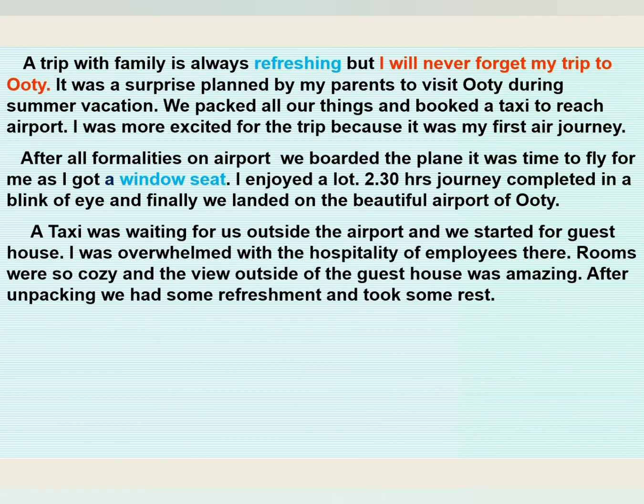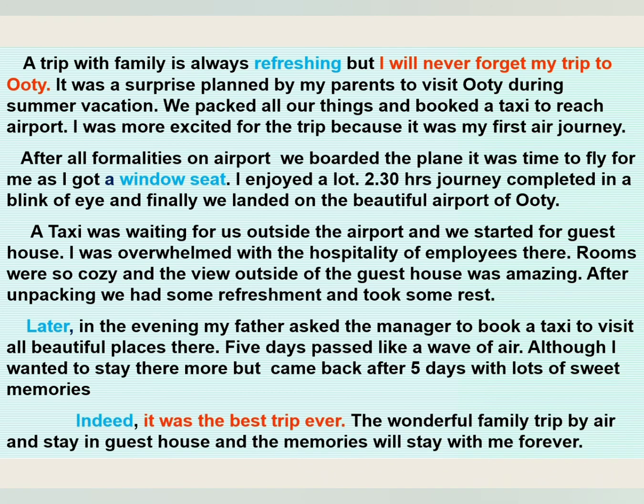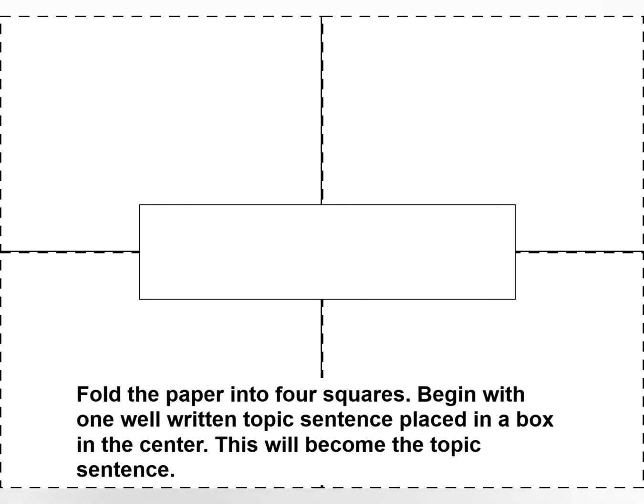Like you can see here, all the blue words are the transition words. The red colored line is the topic sentence, and the last red color line is the feeling sentence. So this way you can also write your essay using the topic sentence. Like I have selected one topic about which you can also frame sentences to write an essay or a composition.